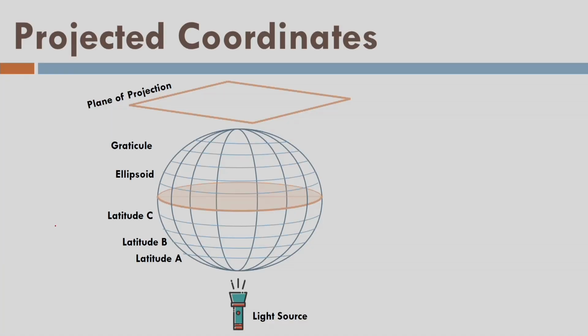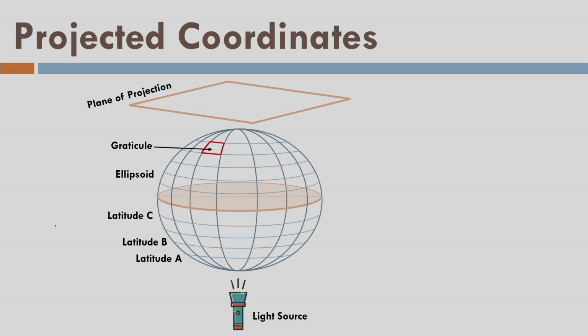Fine. So before we go ahead, there are a few terms. For example, latitude, which we call a parallel of latitude. Since it is latitude A, that means it is a parallel of latitude, where the latitude is not going to vary and will remain the same, as shown by, let's say, latitude A. In the same way, latitude B and latitude C are there. And then we have a graticule. The graticule is the box formed by the intersection of meridian lines and the parallels of latitude, or I can say latitude lines.